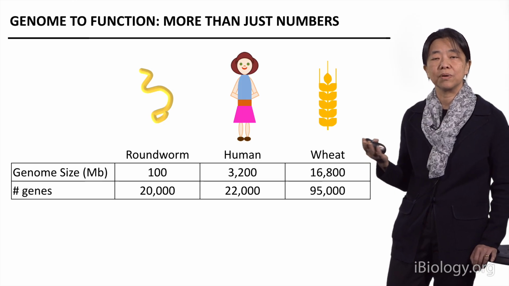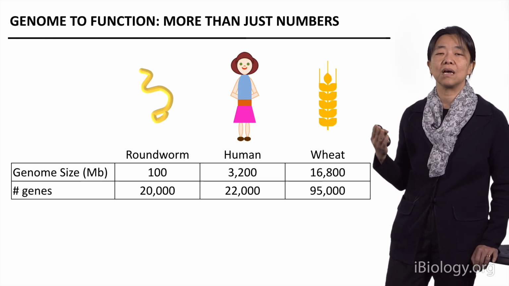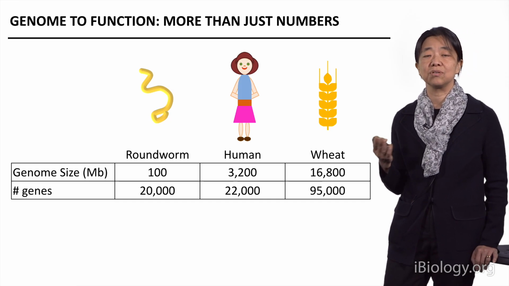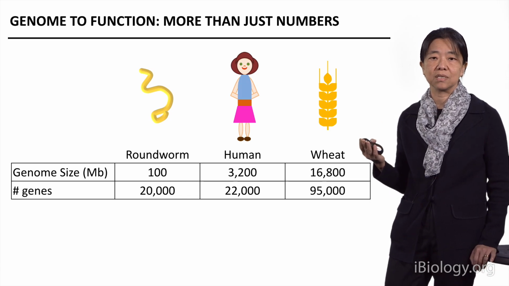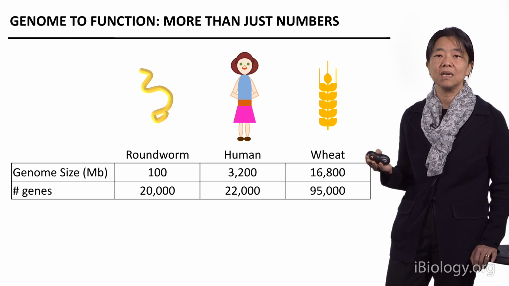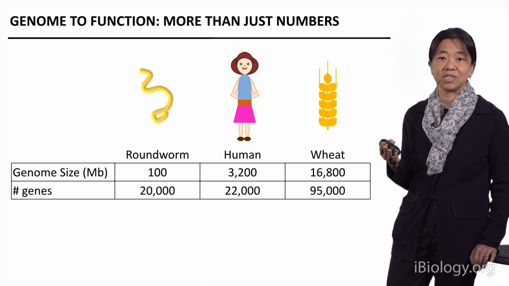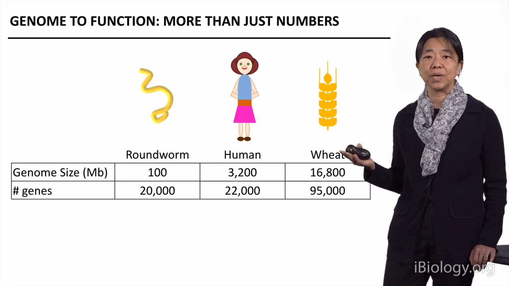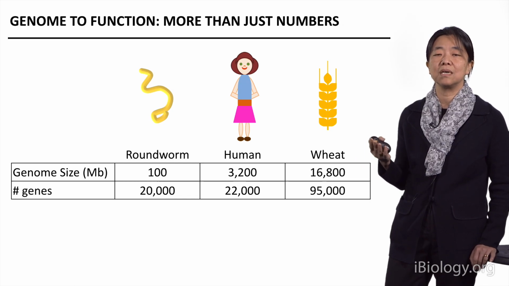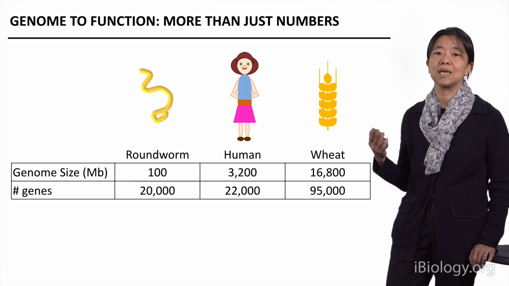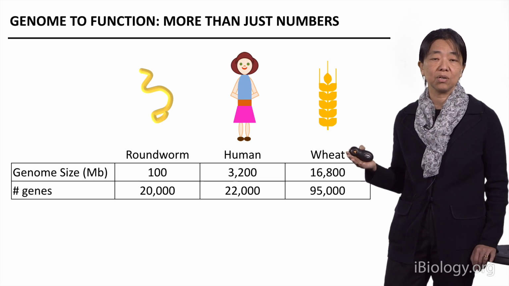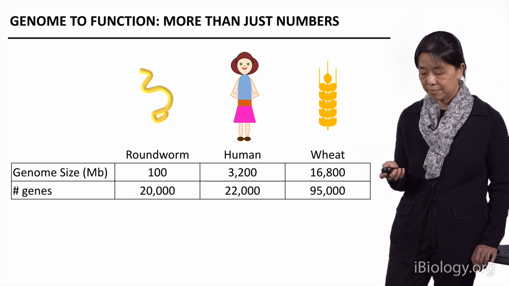We know from the Genome Project that the size of genomes and the number of genes itself doesn't really give us all the answer to this complex set of functions. On this slide, I show the number of genes in roundworms as well as in human. We see that worms and humans basically have the same number of genes. And if we compare wheat to human, the genome size of wheat and the number of genes in wheat is actually much more than in human. So the complexity is probably not just from how big our genomes are or how many genes we have.